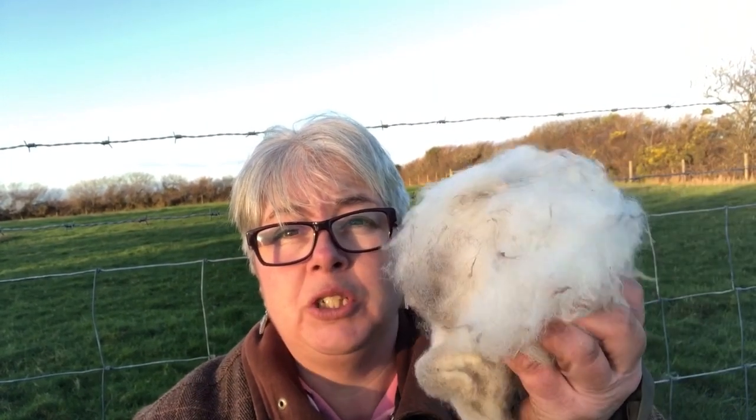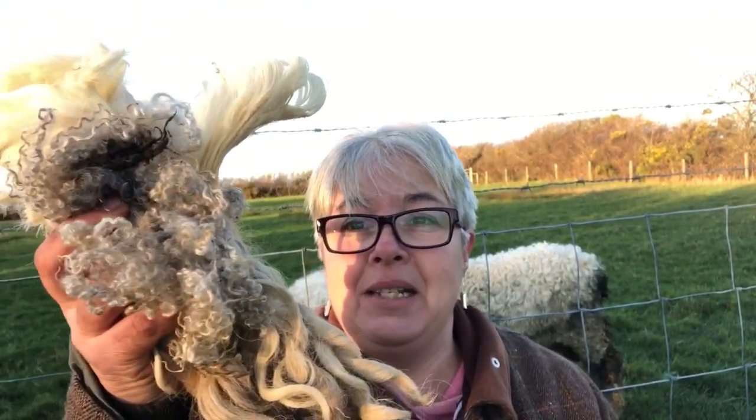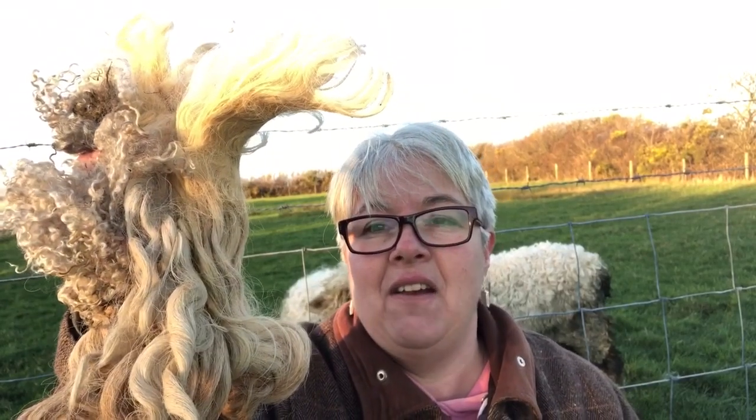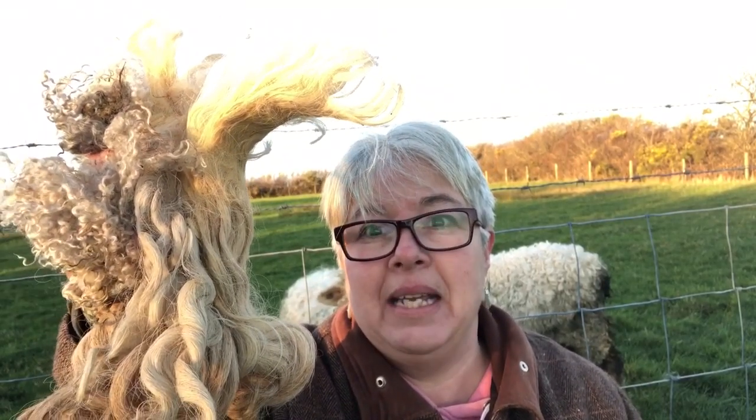You may be into your crafts and want to keep sheep for their fleeces, which is great. There's some amazing fleeces in our native breeds in this country. For instance, we've got Shetland here, which is great, soft wool, brilliant for knitting, spins up lovely and very fine. We've also got my breed, which is Devon and Cornwall Longwool, which is very thick, very coarse,